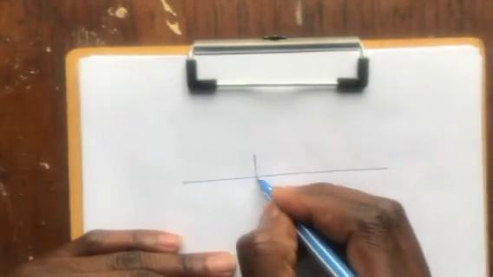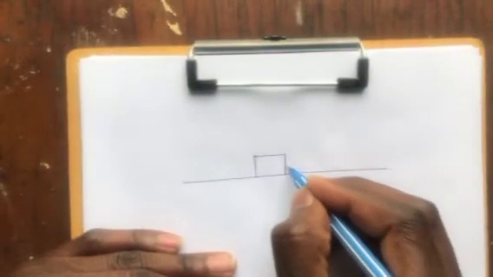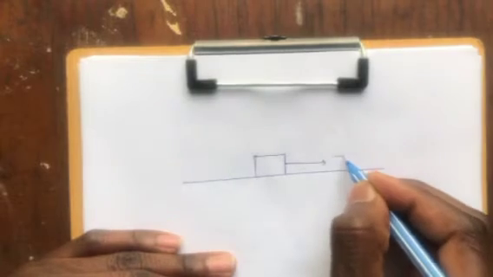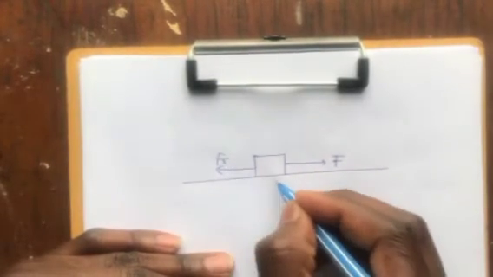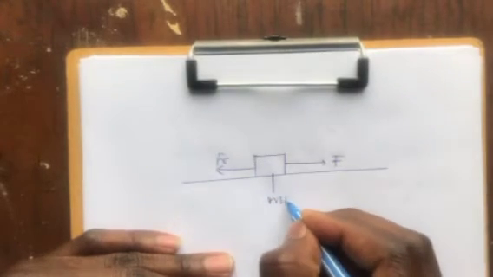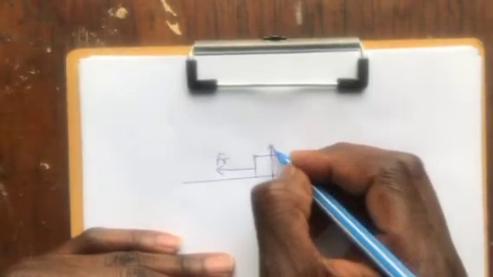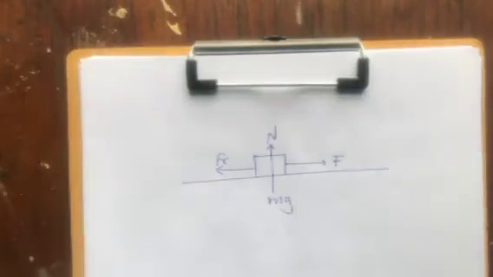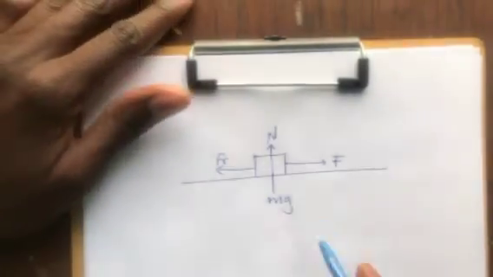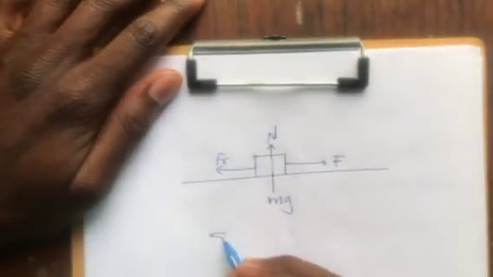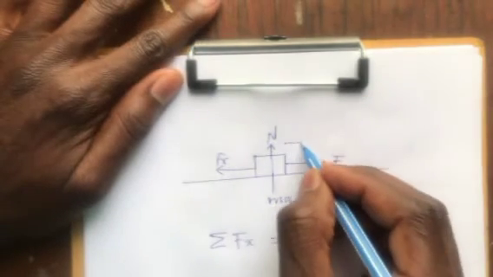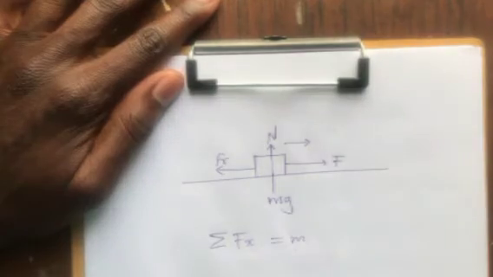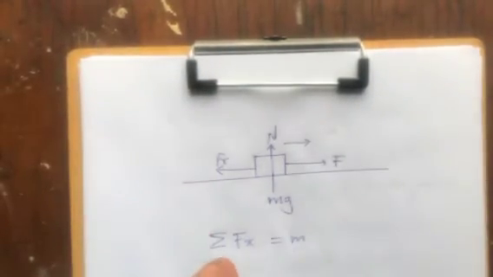On this diagram, we are going to have this object. If we have the applied force at this given point, then we have an opposing force, friction. We have normal, mg. We also have the force pointing upwards, normal. What you should always do here is, first of all, say the summation of forces in x must be equal to ma. Why? Because this one is going to point in that given direction, meaning that the type of friction